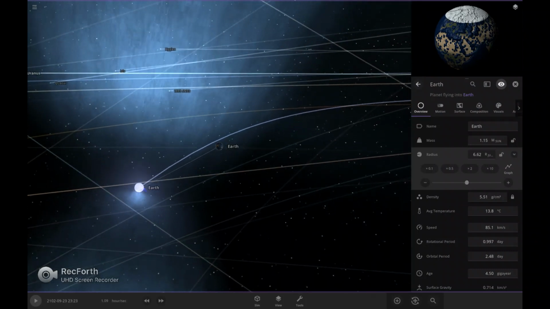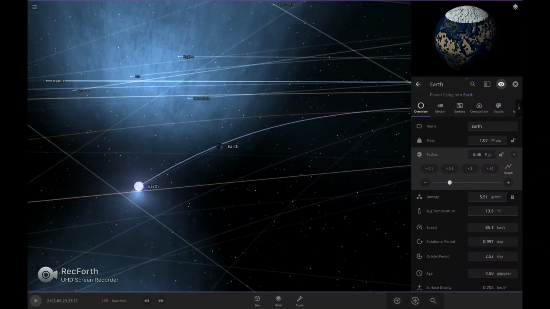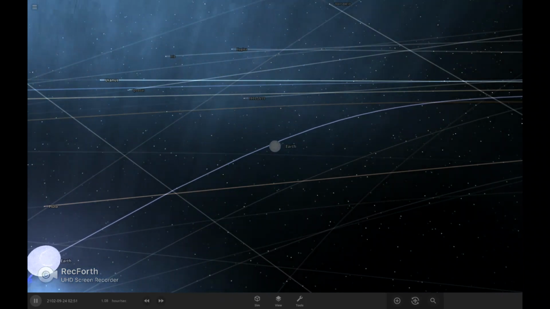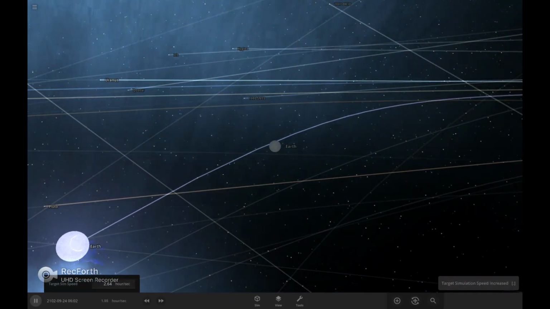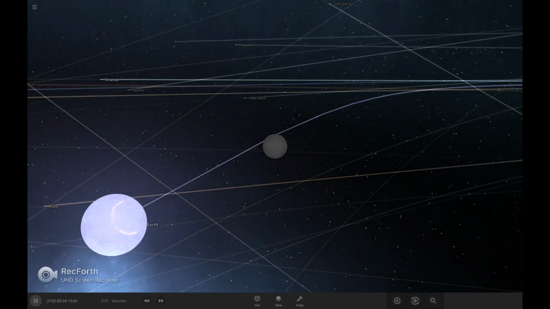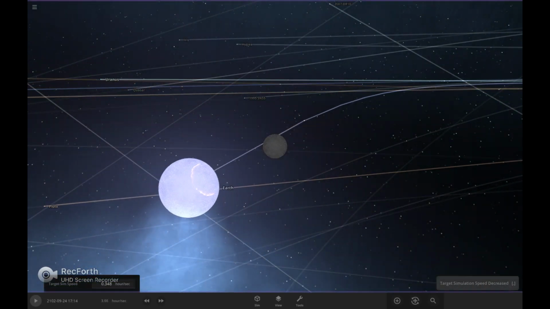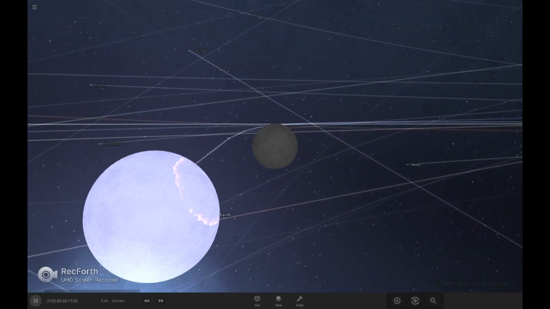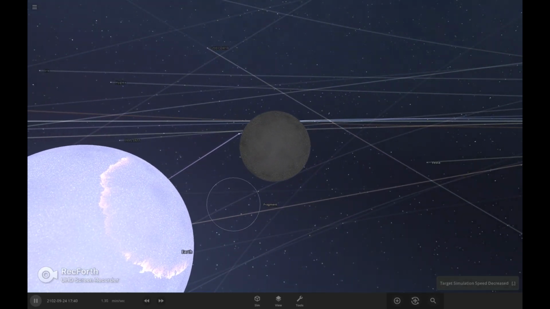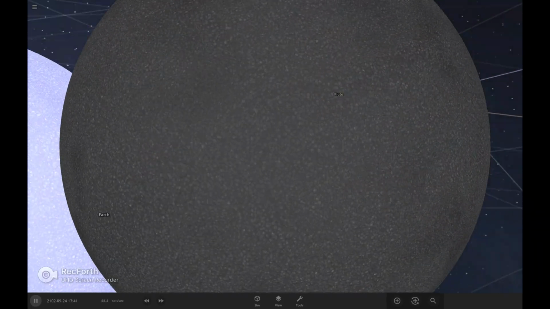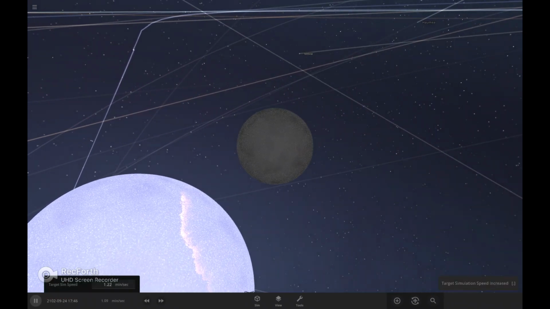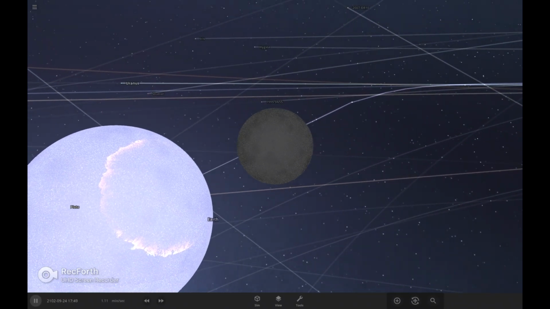Make it a bit smaller. Okay, it's a star now. Okay, guys, we can slow it down. See the phenomenon, whatever it's called. So Earth looks sick now.